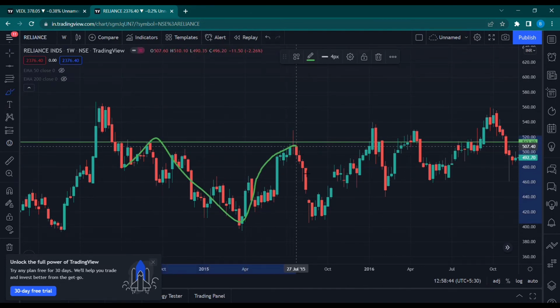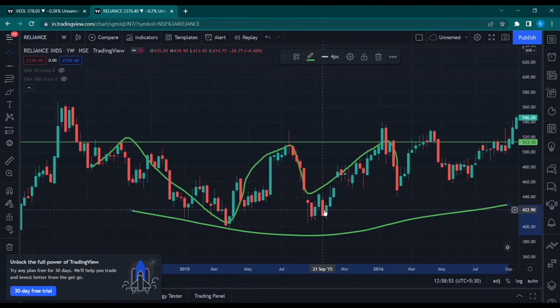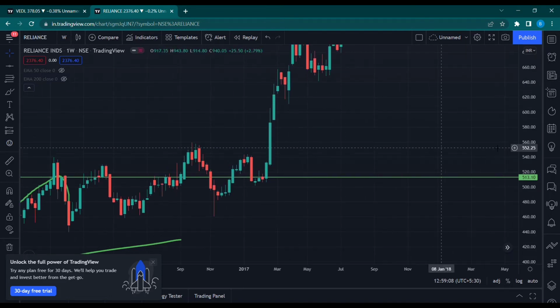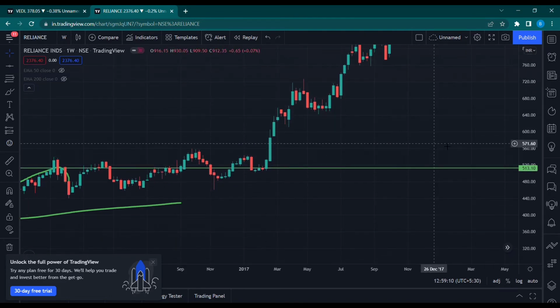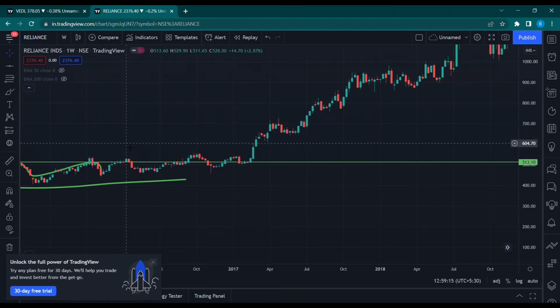So see here, prices did reject from this level and then again bounced off from this level, right? So you might have bought here, right? If you had seen our Morningstar or bullish signal, you might have bought the Reliance share for capturing this move, right? But as I said again, which is better, buying at supports or buying at support trend lines? So actually buying at support trend lines is better.